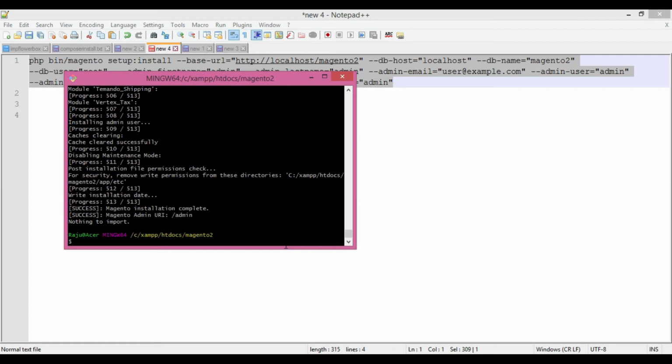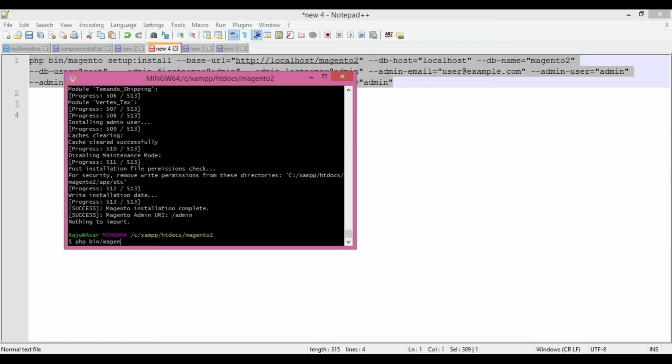After that, we're going to see whether the front end and backend URL of the Magento 2.2 version is installed or not. Okay, first I'm going to use PHP bin